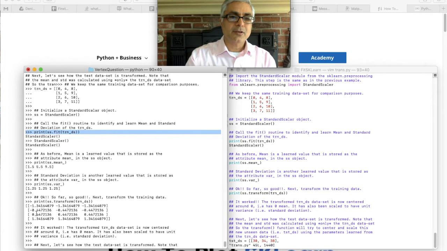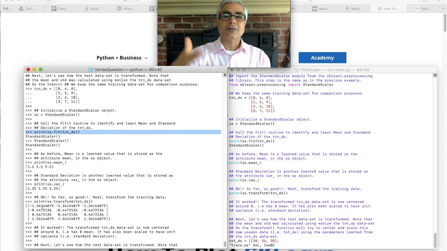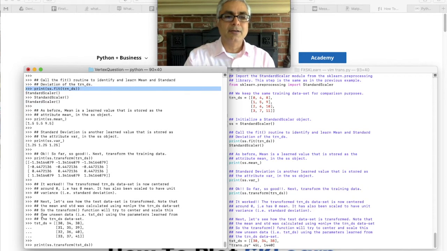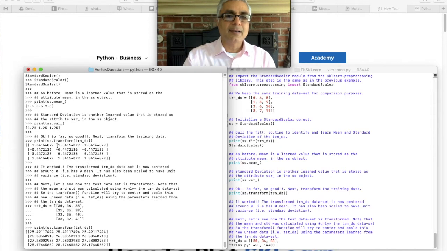If you look at it, each column has similar data because our data is very uniform for teaching purposes. You see that it's centered the data around zero mean. Each of the columns is centered around zero mean. And if you calculate it out using a statistics package or an Excel spreadsheet, you'll see that the standard deviation is 1, unit variance. So that's the training data.